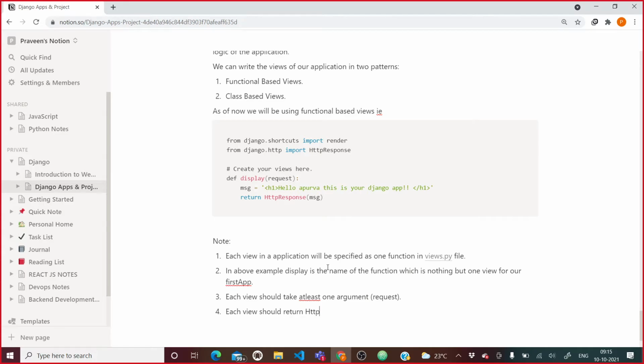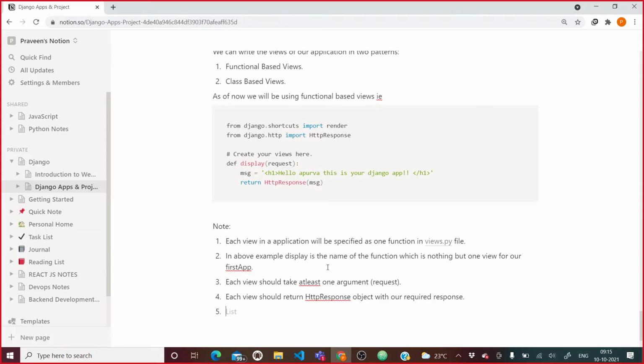It should return an HttpResponse object with our required response. Here in the above example, msg is the required response.